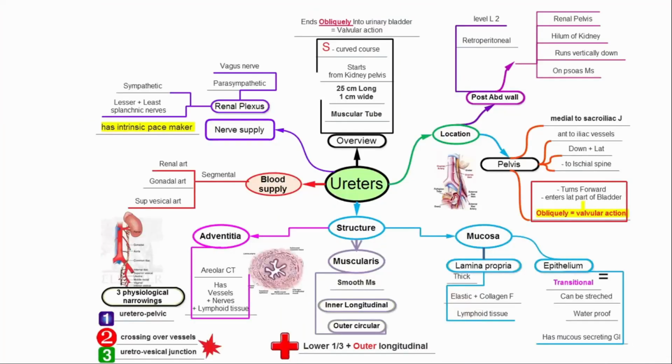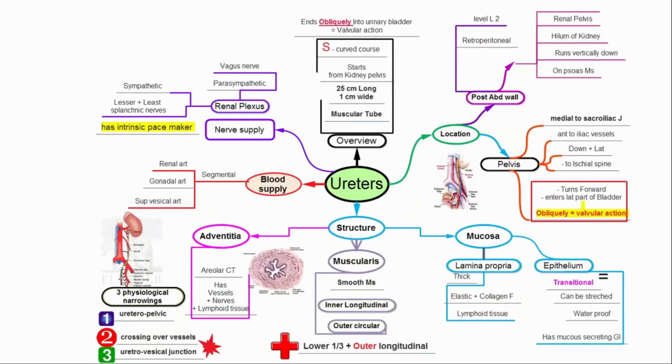Time to write notes about the ureter. Now, let's highlight some important pieces of information. If we go to overview, we know that the ureter is a muscular tube 25 centimeters long and 1 centimeter wide. Is this an important piece of information? The answer is yes,